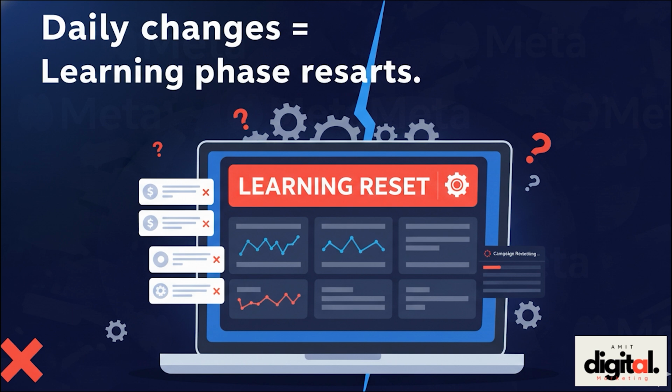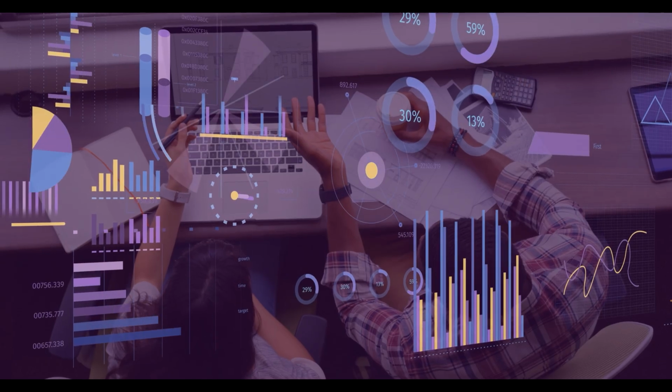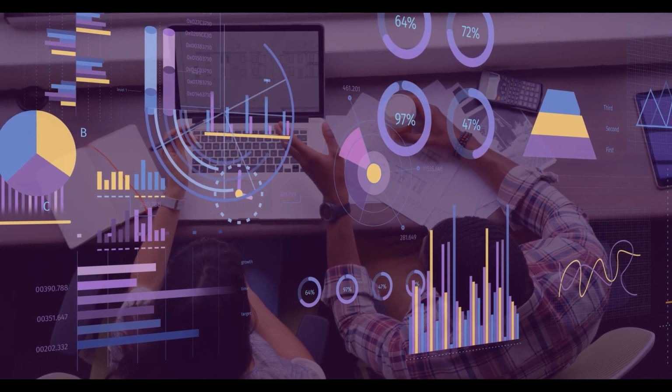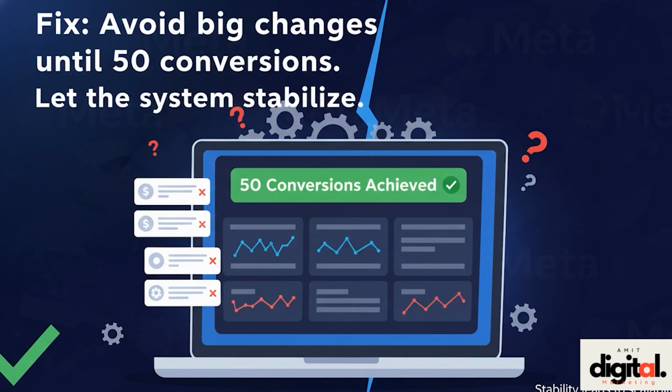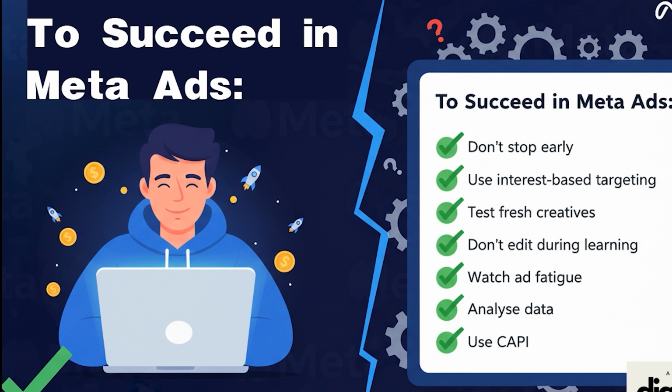When you launch a new campaign, leave it untouched for a few days. Wait to get at least 30-40 conversions before making any big changes. Small edits are fine, but don't completely restart it daily.